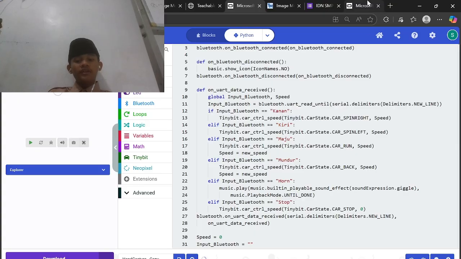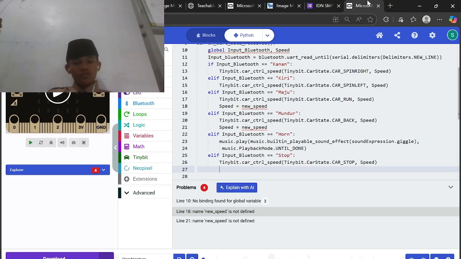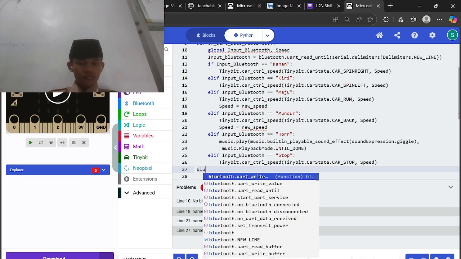we will add again Bluetooth convert data.